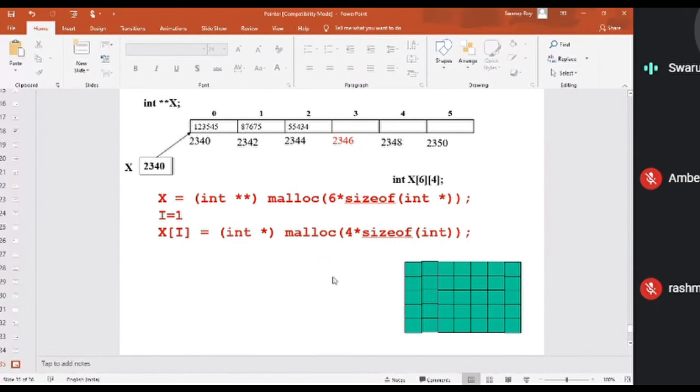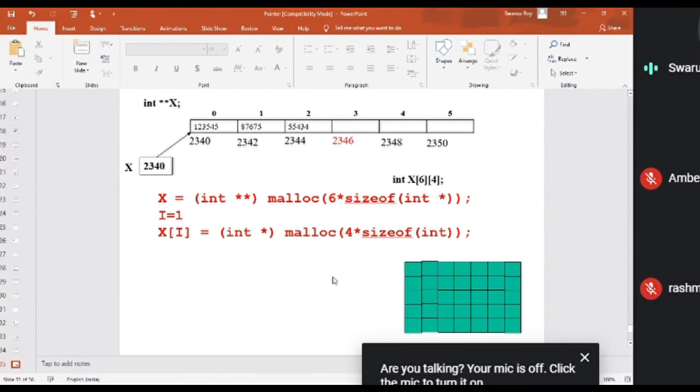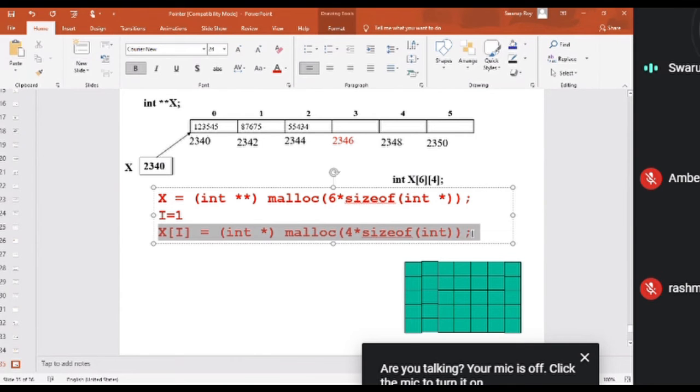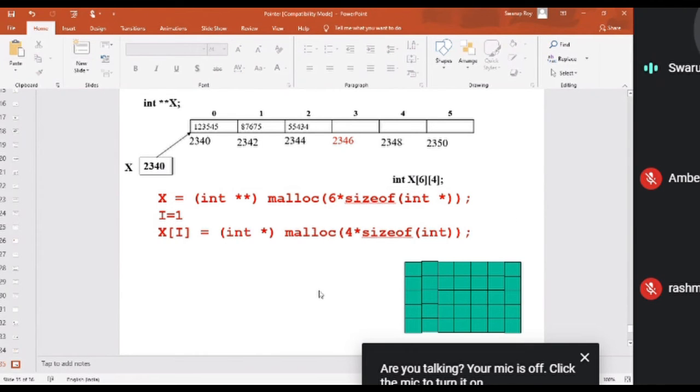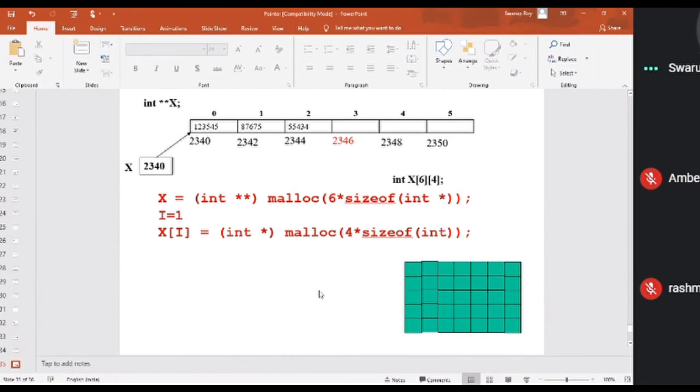And next you are creating individual 6 such arrays, where each array size is 4. So this second line actually creates an individual array of size 4, and then it stores the base address into the array of pointers.